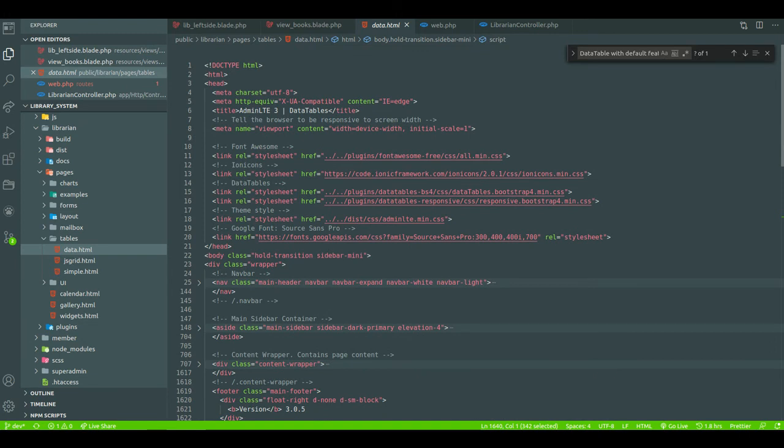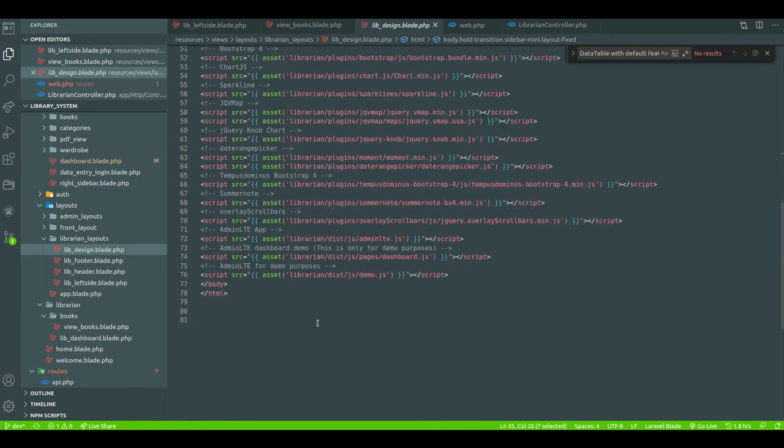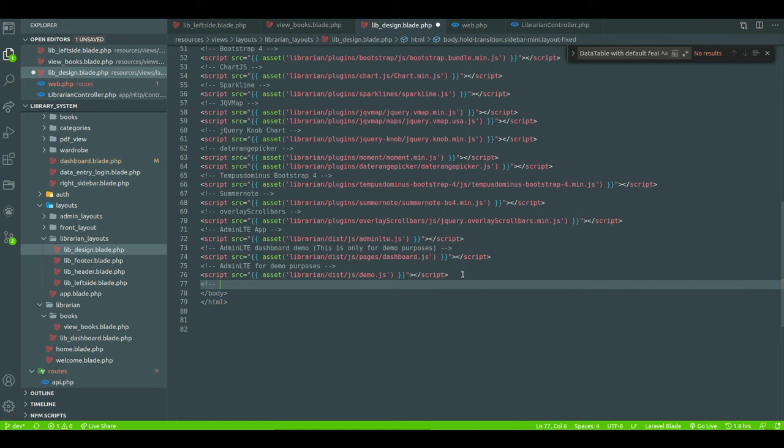Yeah, only JS we need. So we just go to that leaf design. Here we just see means data table JS files.